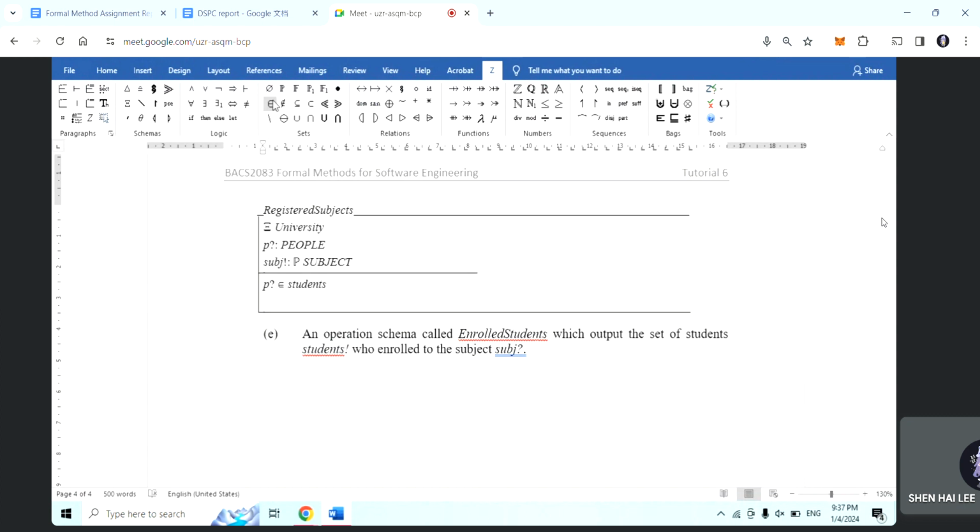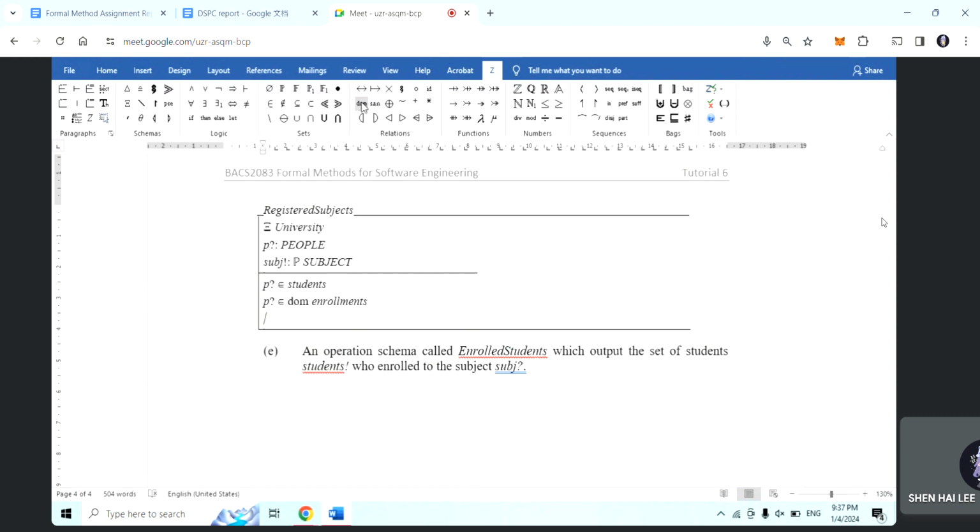Then this person must be an element of the domain of enrollment for us to get the list of subjects. Okay, so now we have the domain, we want to get the range. So this subject,